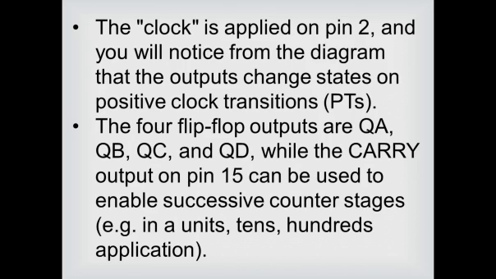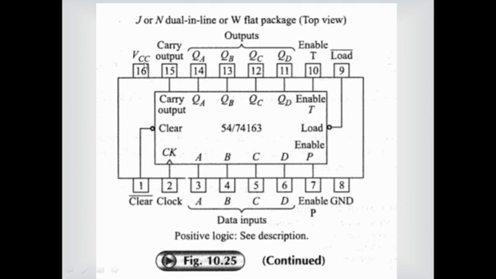It can be increased also, and that way the output of one counter, that is carry out, should be connected to the clock input of the next counter. So pin number 15, carry out, should be connected to pin number 2, the clock input, of the next counter when they are connected in cascade mode. You can see this pin diagram. This is dual inline, that means two sides, in a line package, so it is called DIP.